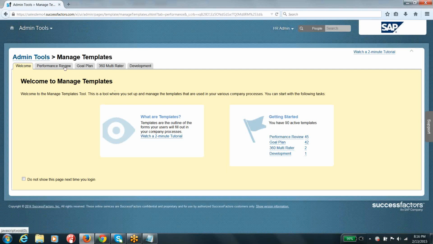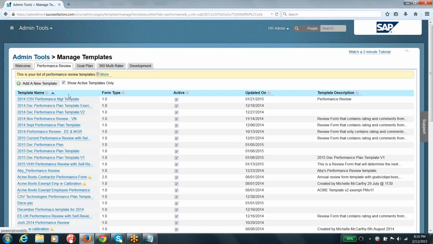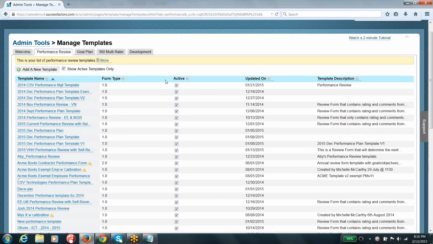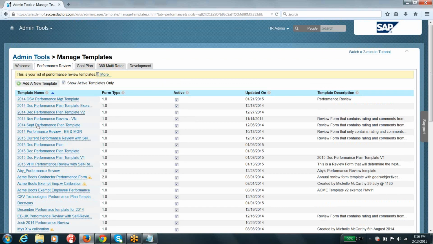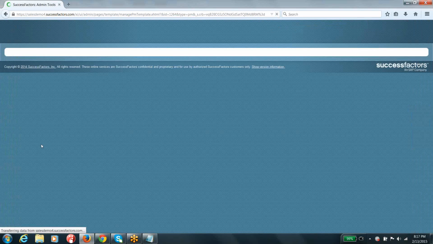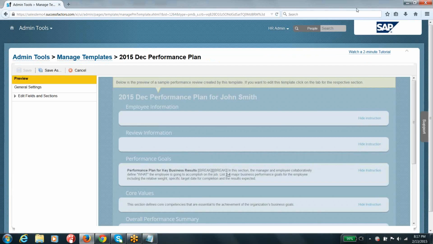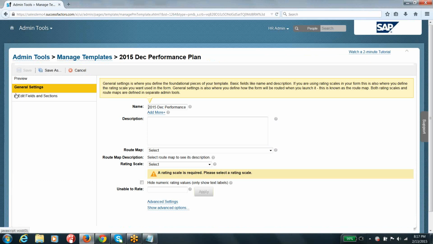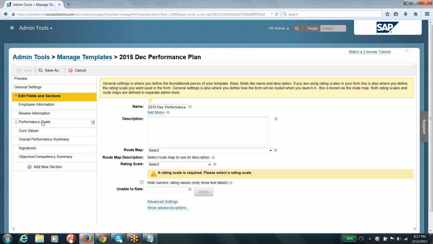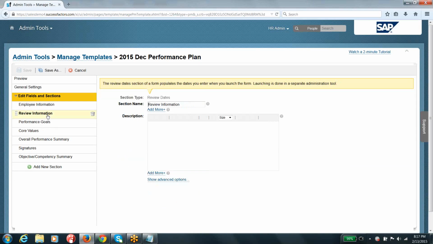And here you can see this is your performance management templates, and all these are the existing performance management templates that have been configured in your organization, guys. If you open any of these existing performance plan templates, let's say if you are interested in opening the 2015 December performance plan, and I'll talk about all these things when we move on to the goals and performance management template, guys. But let me show you where you are going to integrate that.